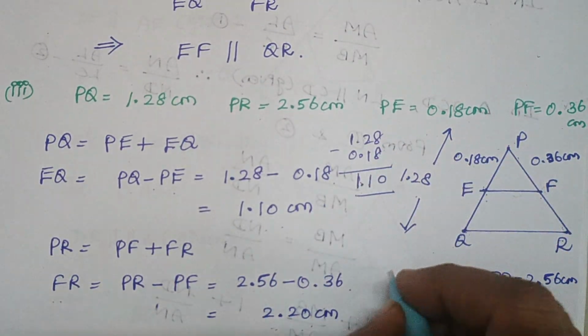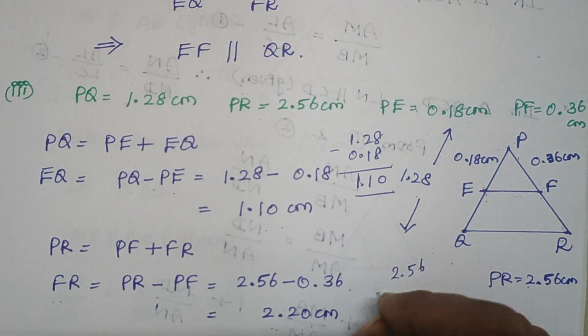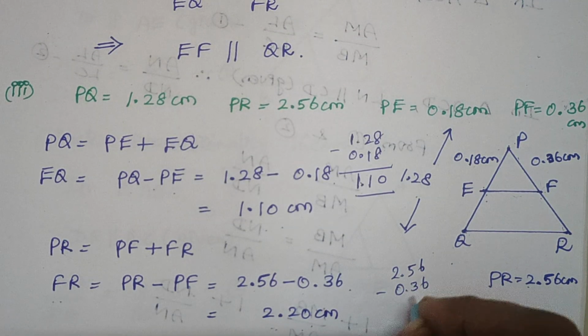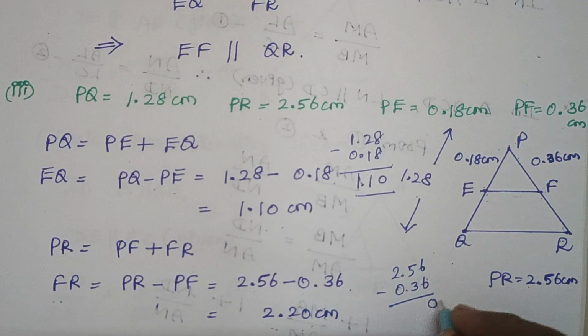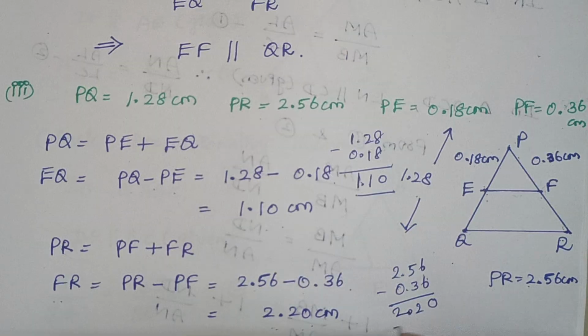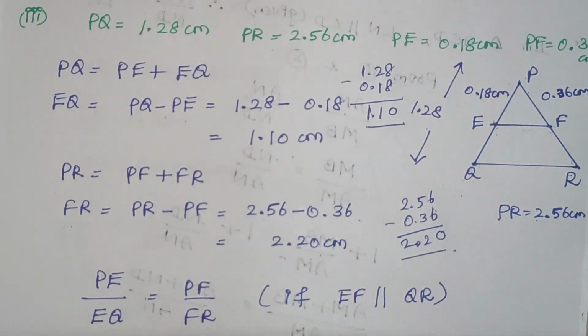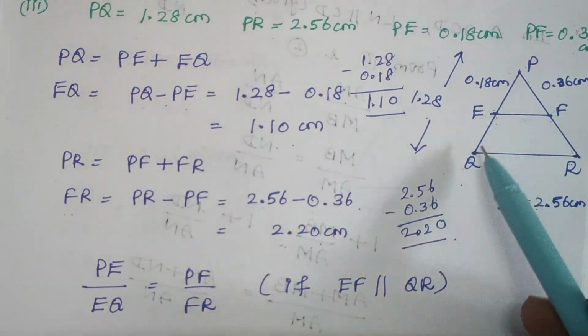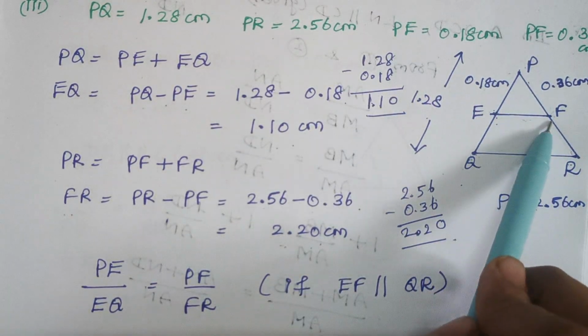1 minus 0 is 1. And here 2.56 minus 0.36. So 6 minus 6, 0. 5 minus 3, 2. And here it is 2. So 2.20. Right. So when you took the ratio over here, that is PE by EQ is equal to PF by